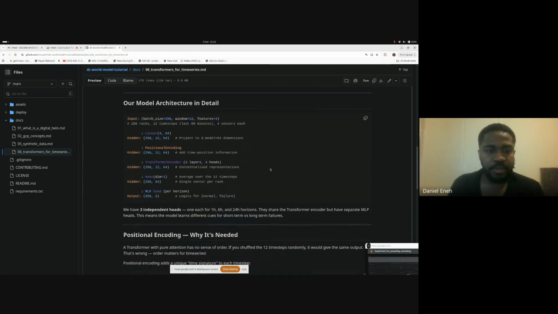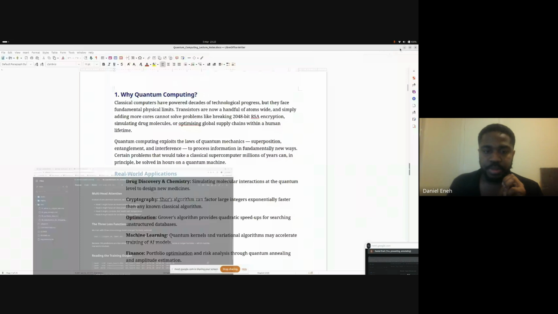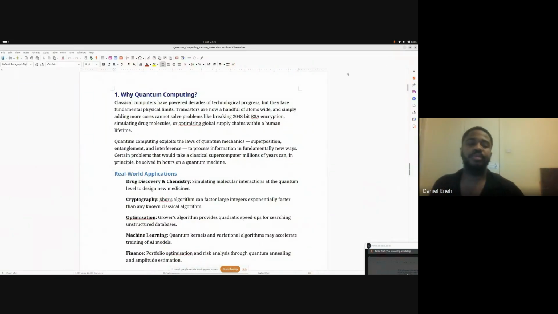For the repo, make sure you read the documentation. In the docs folder, read everything. There's 1, 2, 3, 4, read them. You will get an understanding. It's very self-explanatory. Just in case you have any question, you hit me up. Now we'll go into quantum computing so that we can solve the 4 exercises that were there, and that's what we're going to do together in the next 30 minutes.